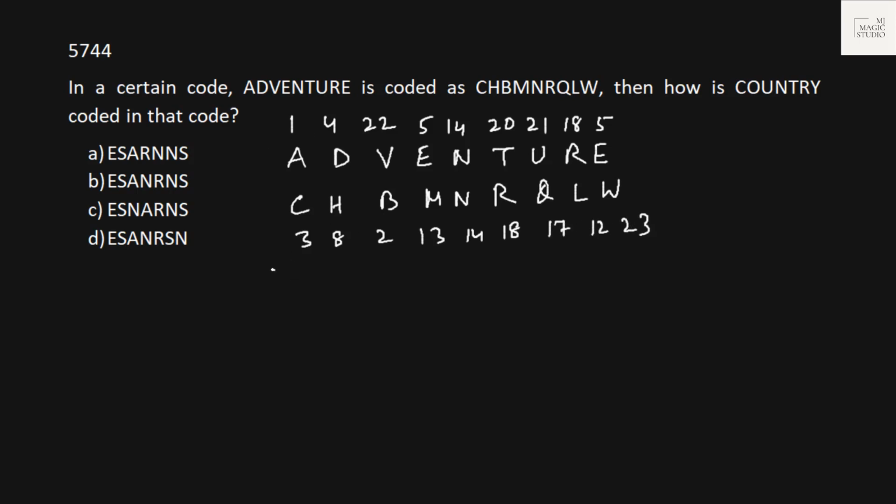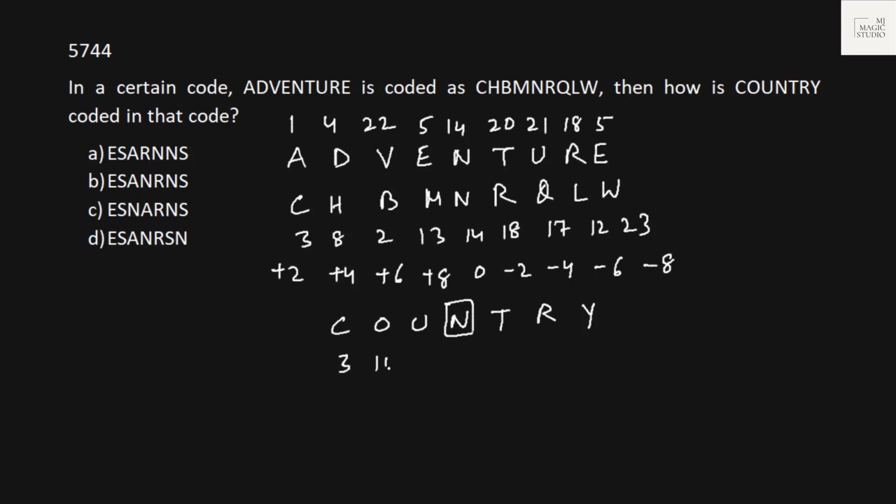Let's see the relation. 1 becomes 3, plus 2, then we can see plus 4, 22 plus 6 is 28, minus 26 is 2, plus 6, this is plus 8, 0, then minus 2, minus 4, minus 6, minus 8. Okay, the middle one remains the same. So we have COUNTRY. This is the middle one.